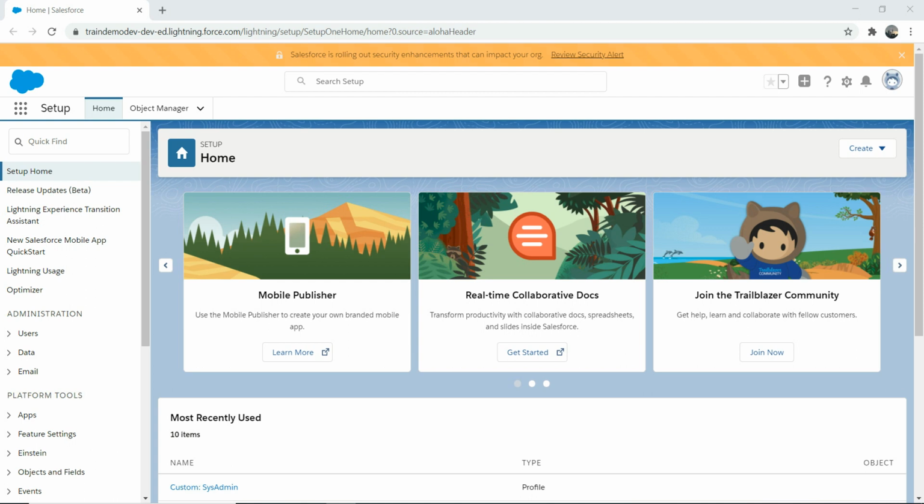So today we're going to talk about role hierarchies and sharing settings. That will pretty much sum up our data security for this examination. Okay, so what is role hierarchy, right? So role hierarchy